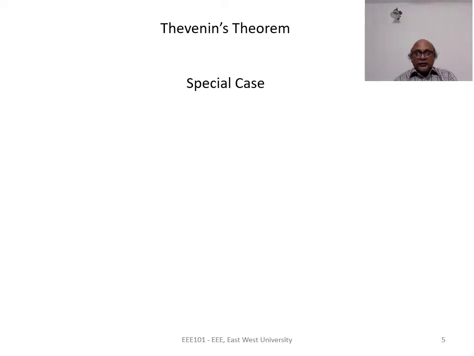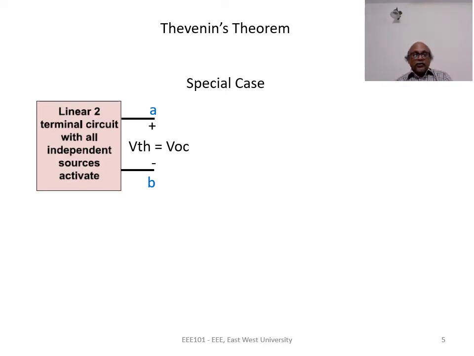Okay. In the special case, we do not deactivate any independent sources. We measure or calculate two data sets. First, we disconnect the load between node A and node B, and under open circuit condition, we find the voltage VOC. Actually, we have to do this step anyway when applying Thevenin's theorem to a circuit because VOC is equal to